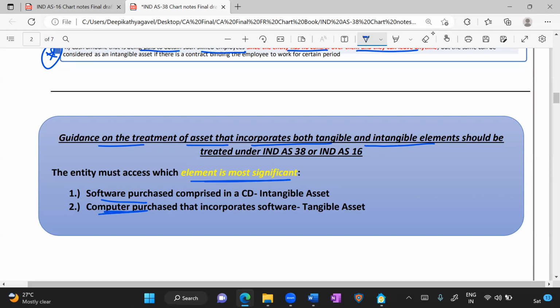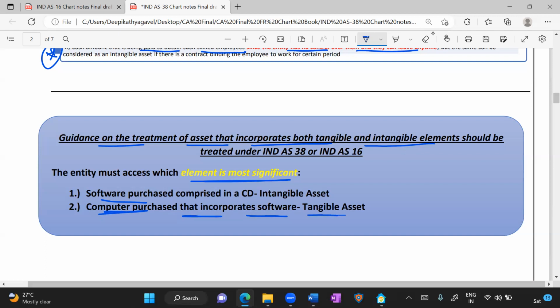Similarly, a computer that is purchased that incorporates a software. So your aim here was to purchase a computer. The computer comes with an inbuilt software, has nothing to do with the computer as such, right? What was the aim of purchasing a computer? So here, what is most significant? What does the standard say? It says look at the element which is most significant, whether the most significant is the tangible portion or the intangible portion. In my second example, computer, the tangible portion is more significant, hence I will classify it as PPE under